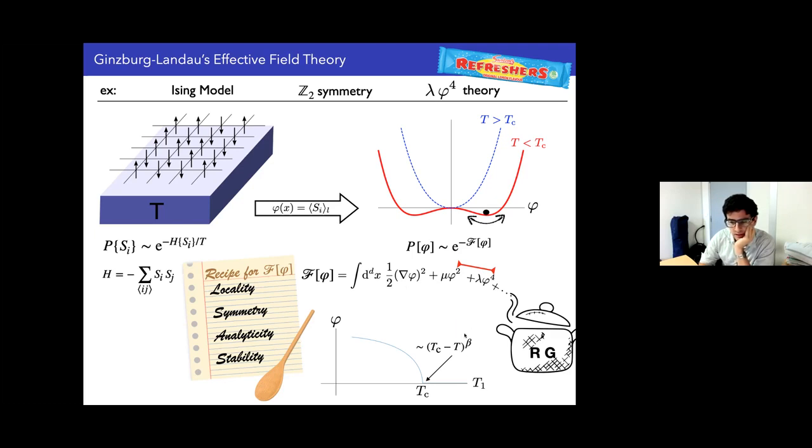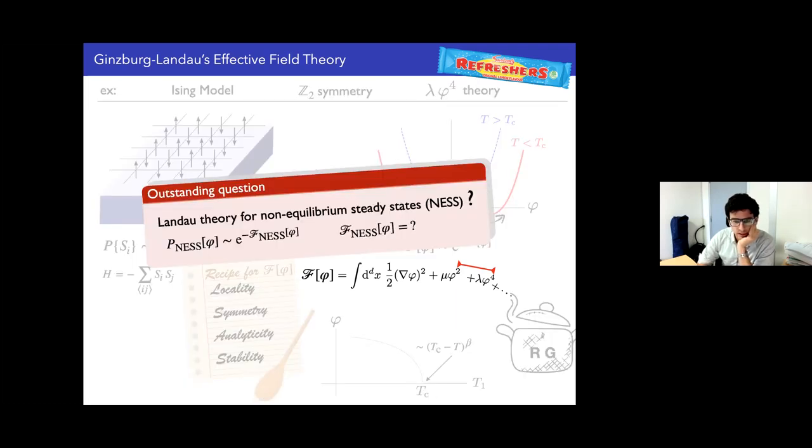And ultimately, this battle between power 2 and power 4 is going to, of course, condense into this critical exponent that you can measure at criticality. So that was a quick review. And for us now, the question is whether we can extend this framework to non-equilibrium physics, to non-equilibrium phase transitions.